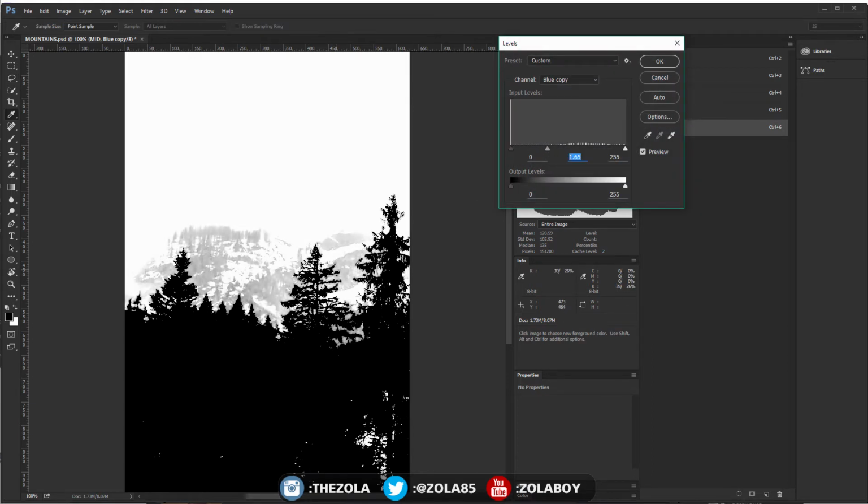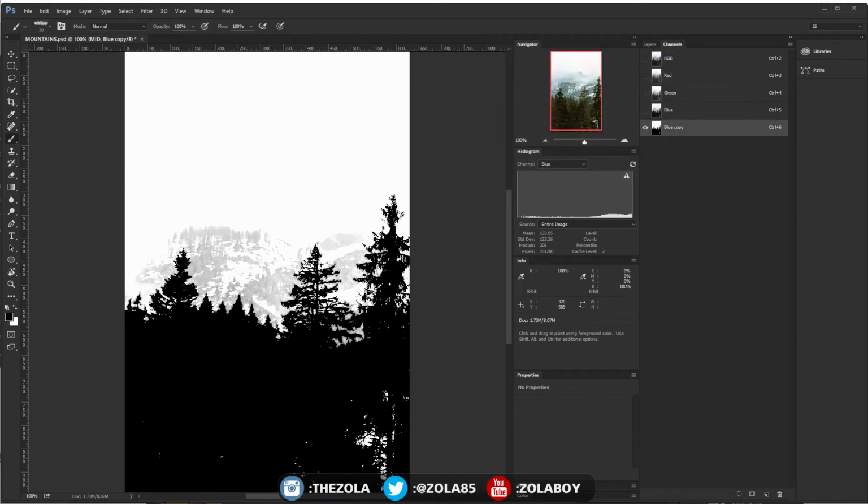And as you can see here, this is getting really pixelated, and that's just because we're working with a low res JPEG, so you're just going to have to take that into account. If you're using high res photos, you can do this without damaging your stuff too much. And I'm going to do that, and then I'm just going to get a paintbrush here, and just going to paint this white because I don't want to destroy too much of the edge information there.